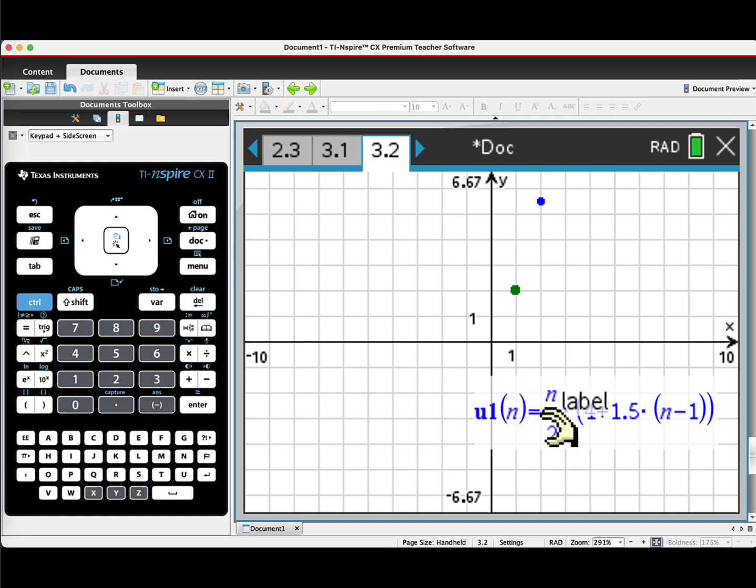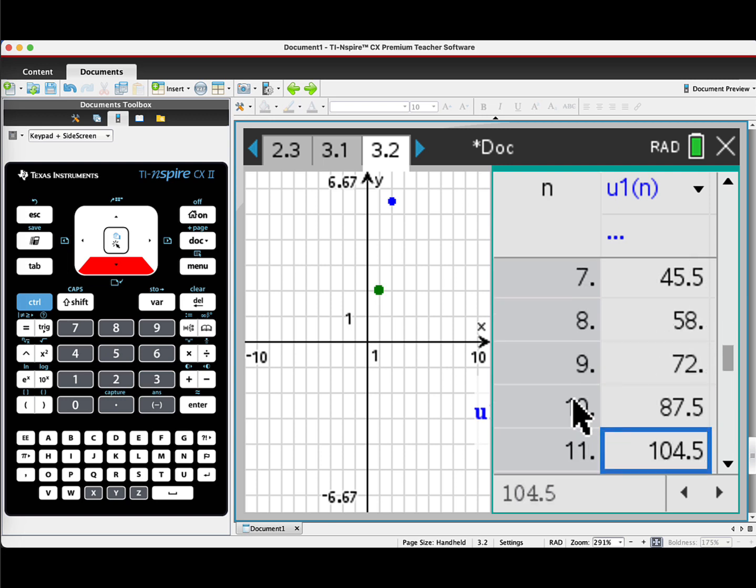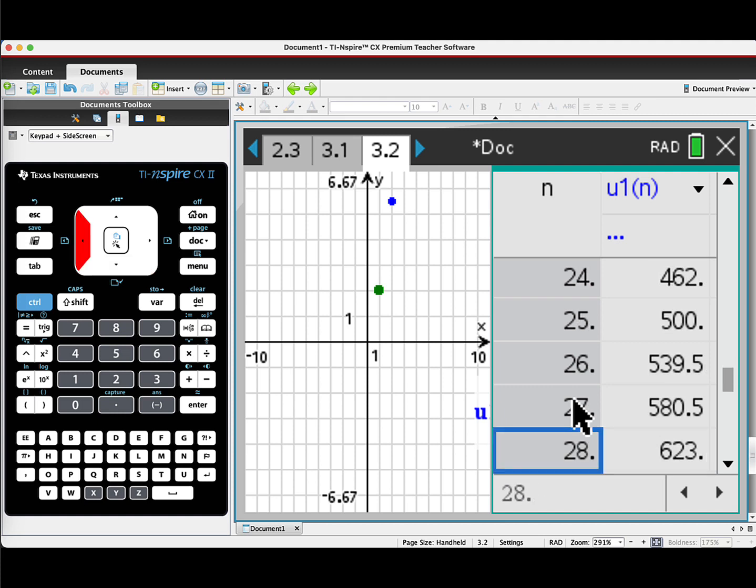When we press Ctrl T, we will see a set of values in the series. If we scroll down for 600, we will find the answer as 623, which is for